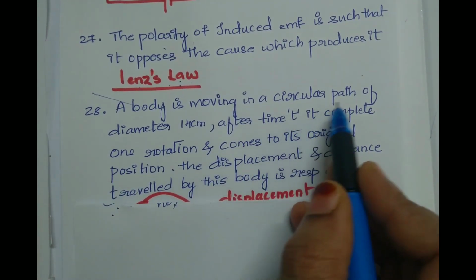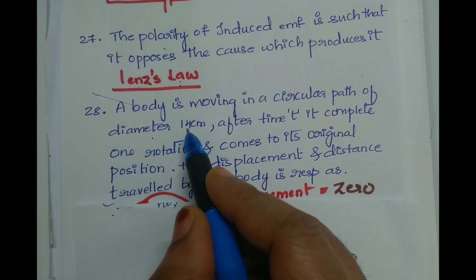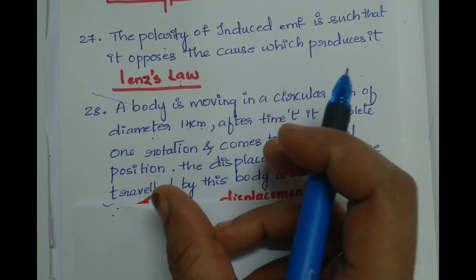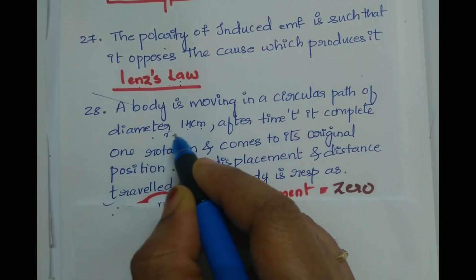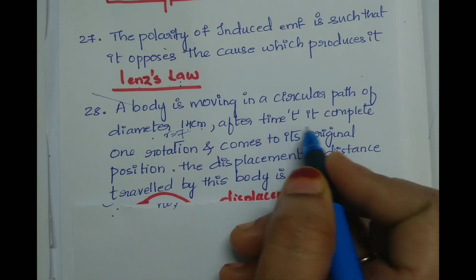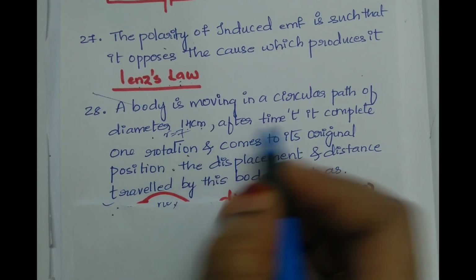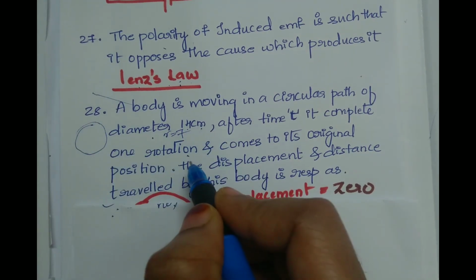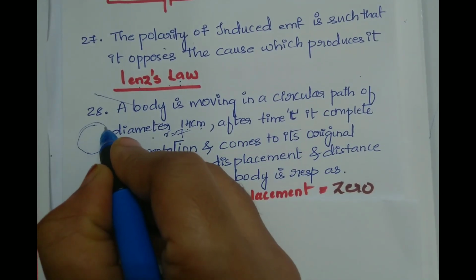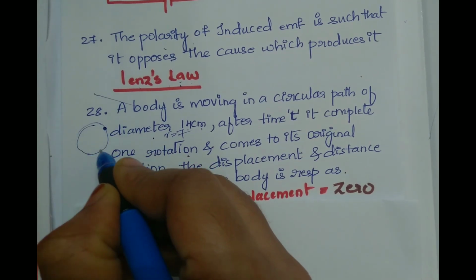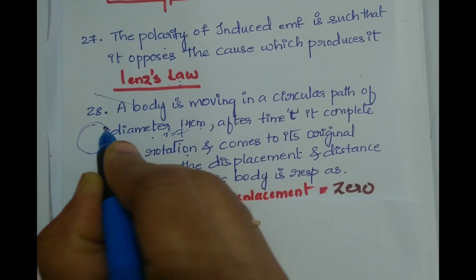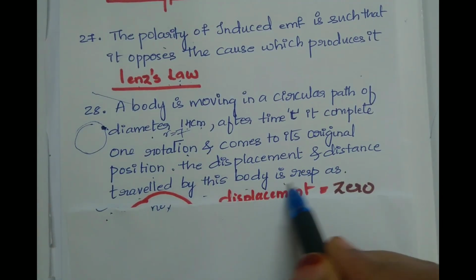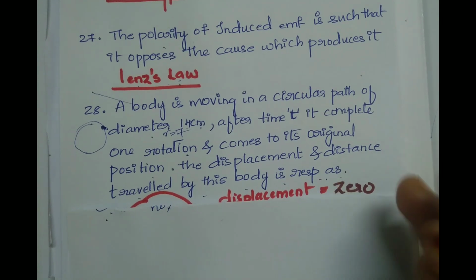A body is moving in a circular path of diameter 14 centimeter. In other words, we can say the radius is 7 centimeter. After time t, it completes one rotation. That means after time t, it will complete one full rotation and come to its original position. Suppose it started from this point, it will complete one rotation and come back to the same original point. The displacement and the distance traveled by this body are represented respectively as,